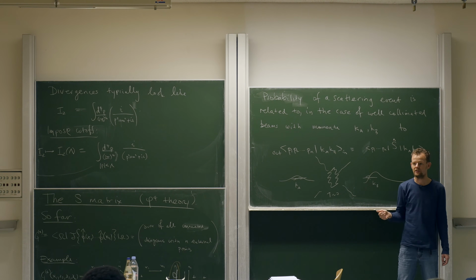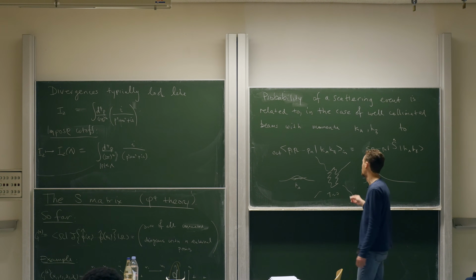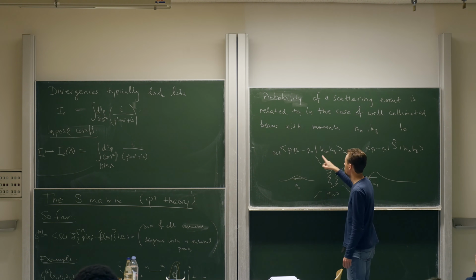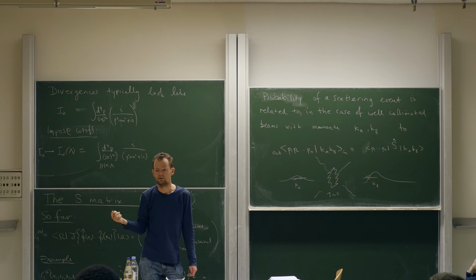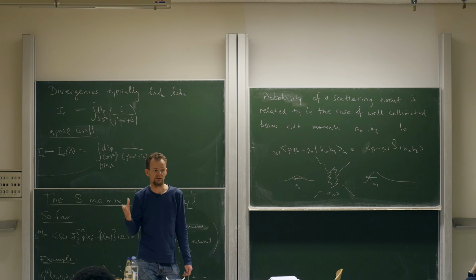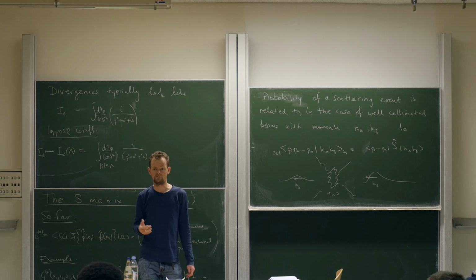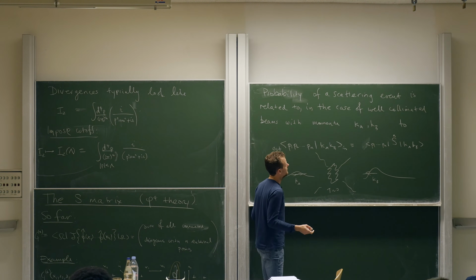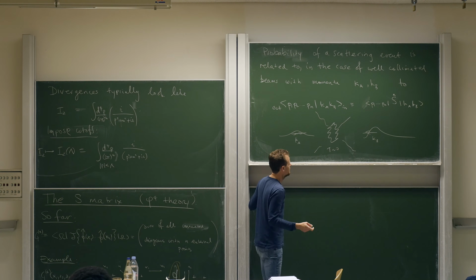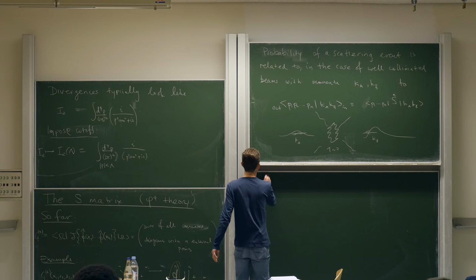At very late times, as t approaches infinity, these particles are assumed to be so well separated that again you can approximate the states of this system with the states of the non-interacting theory. So that's the setup of scattering theory. We have two limits: t goes to minus infinity and t goes to infinity. And what we learned